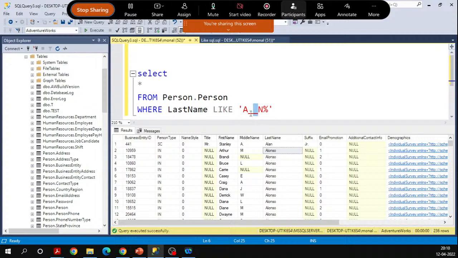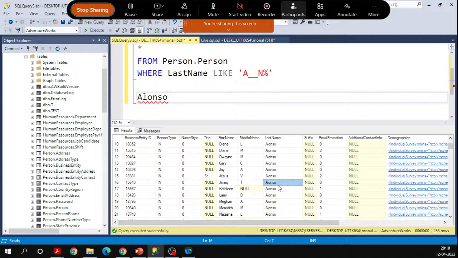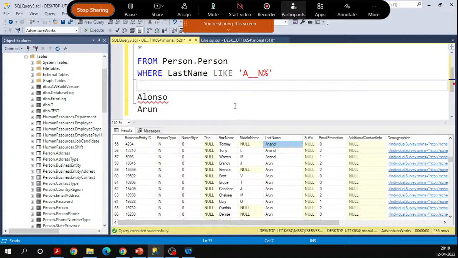So this last name starts with A and then any two letters, and then the third letter should be N. Let me make it a little bit bigger. I have copied a few records here. Arun is also a last name where the first letter is A, then any two letters, and the third letter is N and ends with anything. Even in the case of Anand also. So the underscore represents